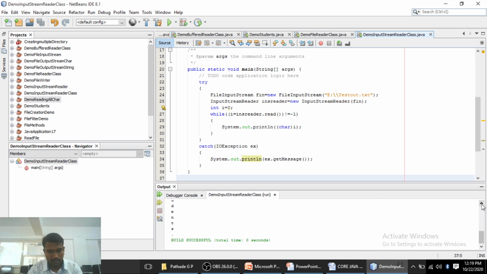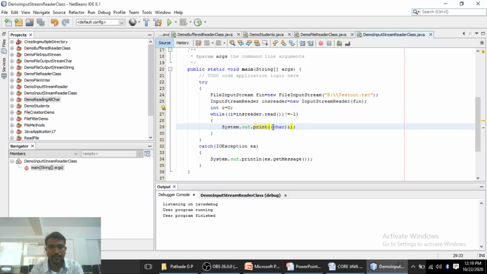Yes, it will show you the output. It is hello BCS students, hello BCS TY students. But the output is in a vertical format, not in a single line, just because of this method, that is the println method. If you are interested in displaying the output in a single line, then you have to use only the print method. So let's run this program again. Okay, hello BCS TY students. So this is the InputStreamReader class.